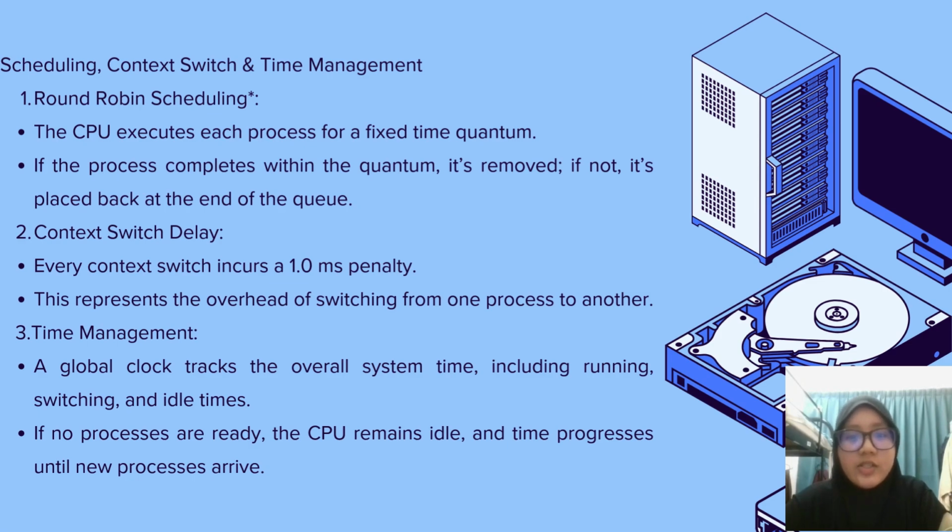Moving on to our next topic, which is the scheduling logic. We implemented the round robin algorithm. In this model, the CPU executes each process for a fixed period called a time quantum. If a process isn't finished when the quantum expires, it is moved to the back of the queue to wait